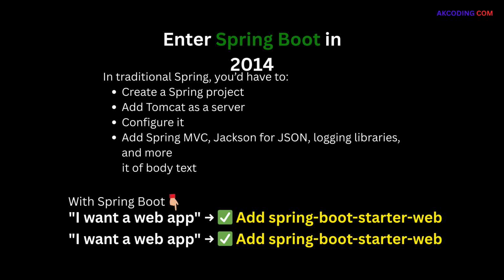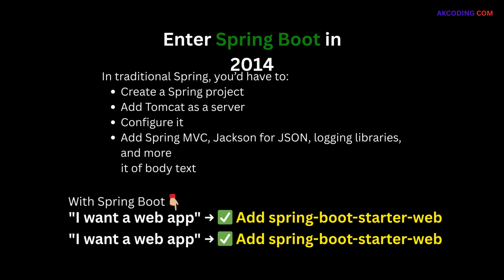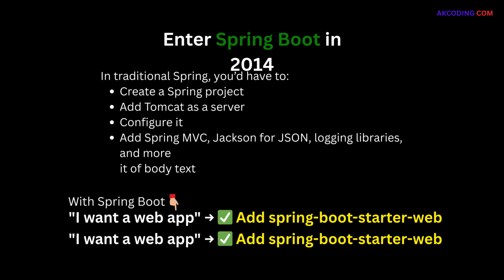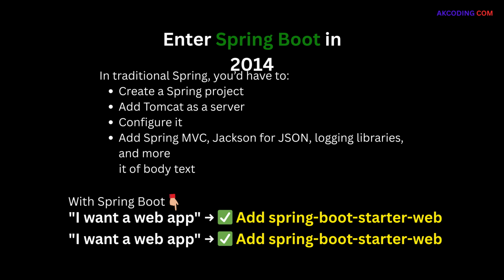In short, Spring Boot is like an express lane for Java developers. It's fast to set up, easy to scale, and packed with powerful default features, perfect for building modern REST APIs and microservices. And that's why it is the go-to framework for companies like Netflix, Amazon, Uber, and Airbnb when building Java-based backend systems.